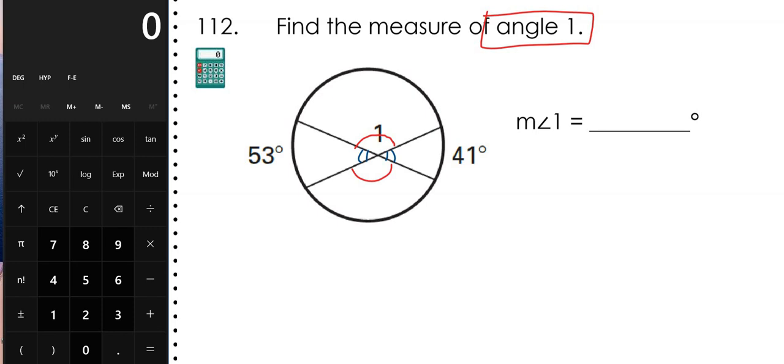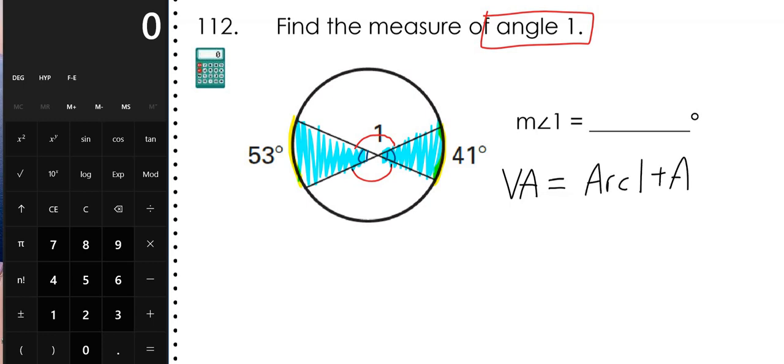Now, the way that I like to think about this is if I shade in my vertical angles, the one on the left and the right, the 2 boundaries to these vertical angles are going to be the arcs that you use to figure out the blue measurements. So this arc is the boundary to the vertical angle on the left, and this arc is the boundary to the vertical angle on the right. Now the formula to figure out those vertical angles looks like this. Vertical angle equals arc 1